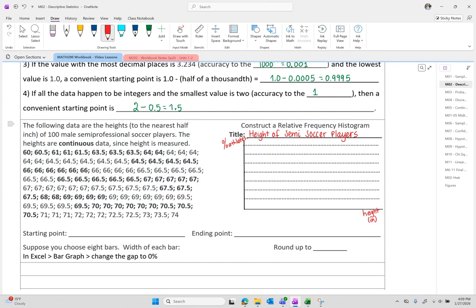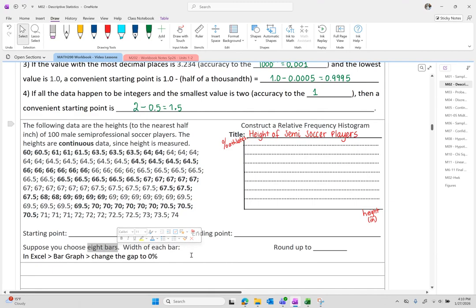So the question is, what will be the starting point? What will be the ending point for our histogram? And the directions are that, let's suppose we choose 8 bars. So the number of bins will be 8. They are asking us what is the width of every bar and how are we going to get it. You will see that we will get something very weird as a value, and we will